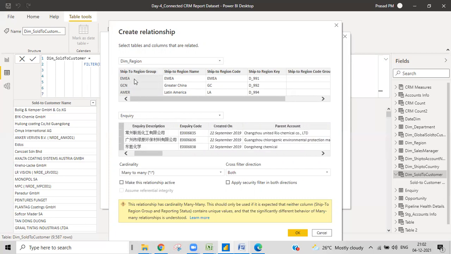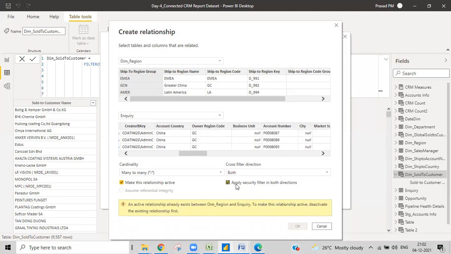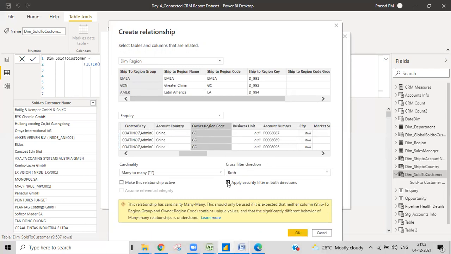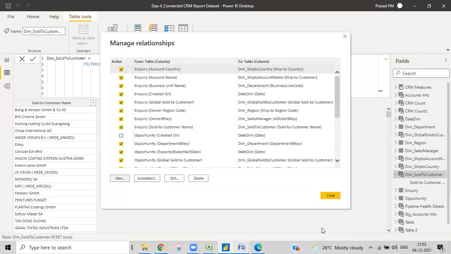Maybe we are unable to see the remaining rows. That is the reason. So if you are finding difficulty over here, you will go into that particular table in the data view, find that particular column name, and then come over here and make the relationship. That is what we do.